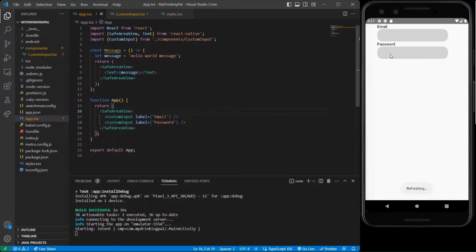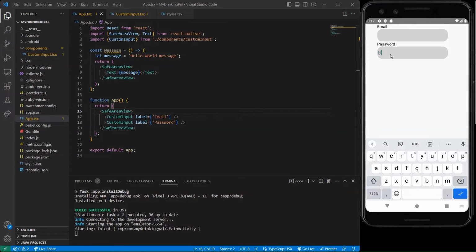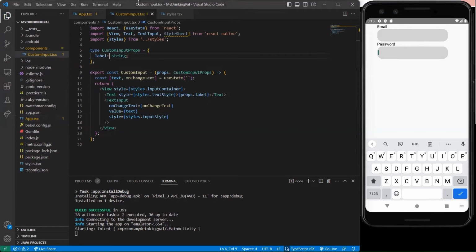We want this password input to actually be a password, right? Because if we put in stuff, it's not hiding it or anything. So we need to give it another property. We can give it a Boolean property to say that if this is password, then hide the text, right? So we'll go back to our custom input. We're going to add another property into it. We're going to call this